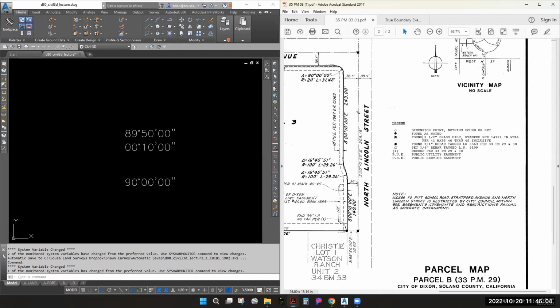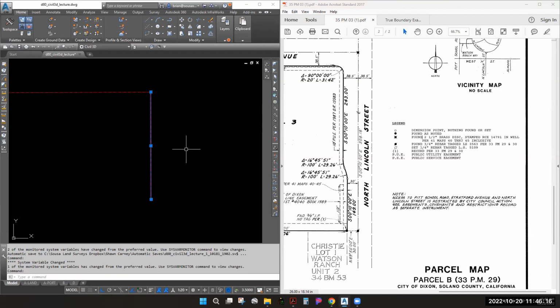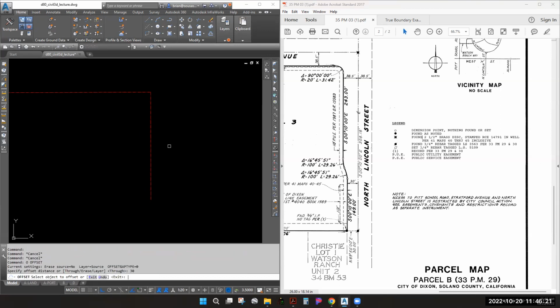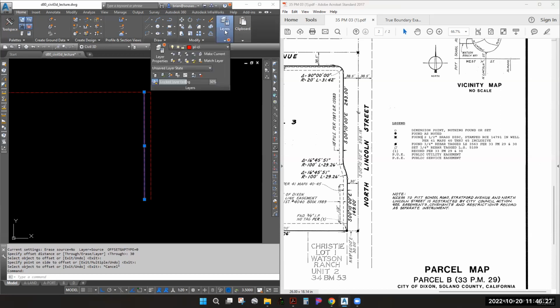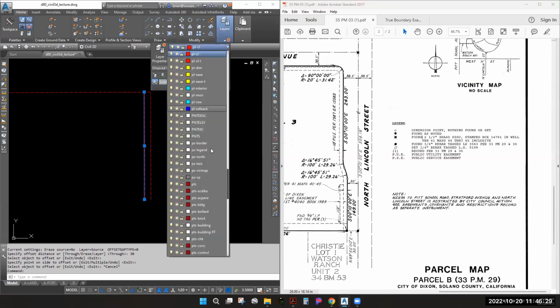So on this map, they say the boundary line, the property line, is exactly 30 feet from that invisible line. That invisible line we already drew. So now if I offset this invisible line 30 feet to the left, that is going to be our boundary line. So I'm going to change that